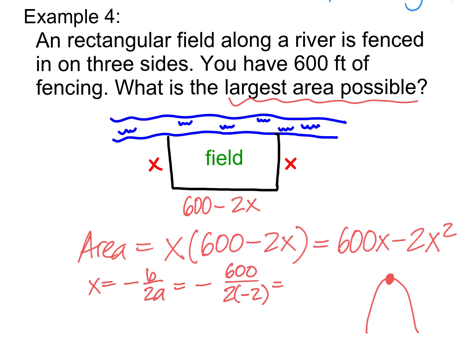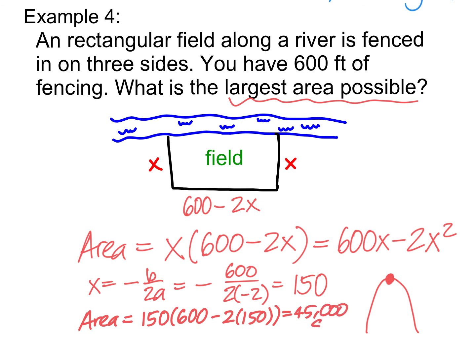Okay, so what is 600 divided by 4? Oh, the two negatives, by the way, cancel out. So 600 divided by 4 is 150, which means the two sides have to be 150 each. Now we can plug our 150 back into our area formula. So area equals 150 times 600 minus 2 times 150. And we can use the calculator here. It's 45,000 square feet, which means that this vertex is located at 150,